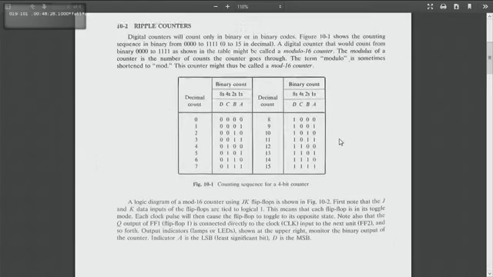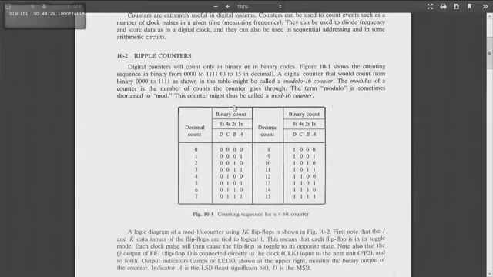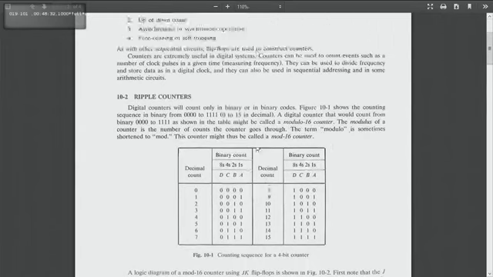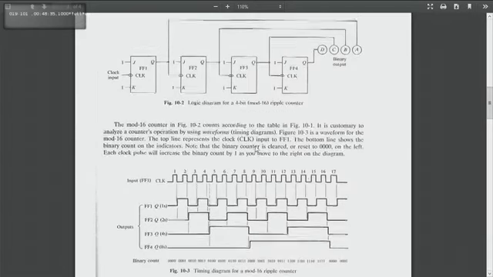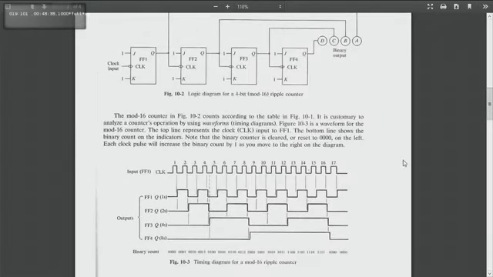Let me just show you over here. Modulo 16 counter: the modulus of the counter is the number of counts it goes through. So please read through these notes and we'll continue them later on. Right now we are trying to see how this diagram is related to that. That's flip-flop 1. I think that's where the mistake is in this note, the flip-flops are not numbered accordingly. It is flip-flop 1, flip-flop 2, 3, 4. Can you see the Q? I'm not sure if it's observable from where you are sitting. Can you see the falling edge? The change in state is slightly after.